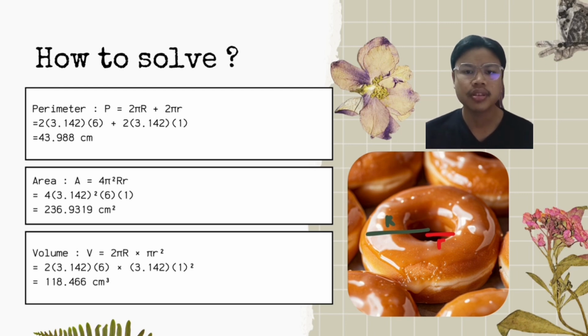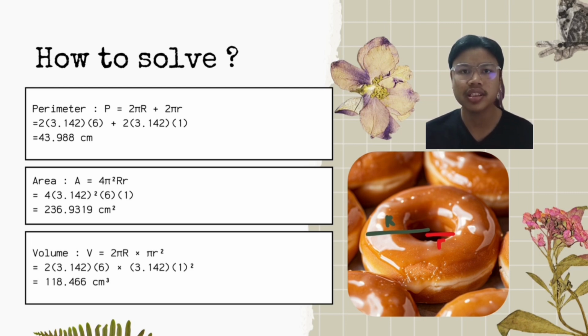Now that we have solved the perimeter of the donut, we will calculate the area. Using the surface area formula of a torus, 4 pi squared capital R and lowercase r, we will get the area of the donut, which is 236.9319 cm squared. Lastly, for the volume, we need to calculate both the cross-sectional area of a tube, which tells you how thick the donut is in 2D,